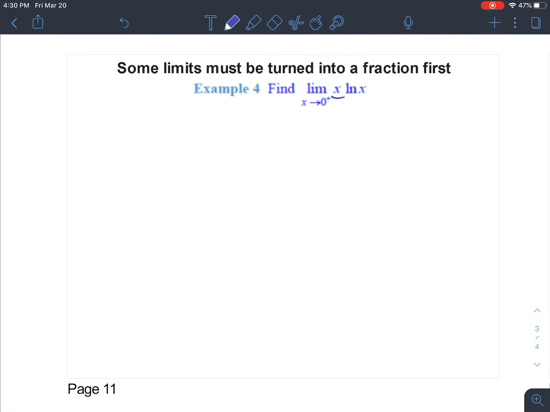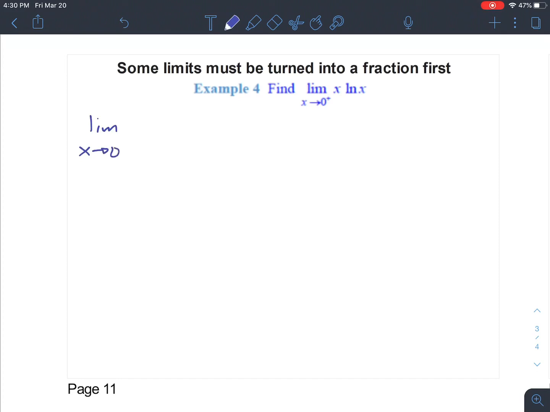And I'm not even saying x over 1. I'm not saying natural log of x over 1. That wouldn't be good anyway. Instead, what we're going to do is kind of like what we just did in the last example, where I took cosine over sine and multiplied by its reciprocal. We're going to do the same thing here. We're going to take this x and turn that into its reciprocal, and then we're going to divide natural log of x by that. So our first step is going to be to turn this into,